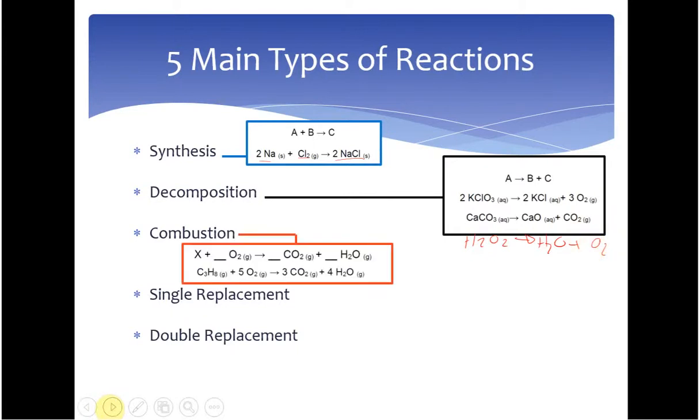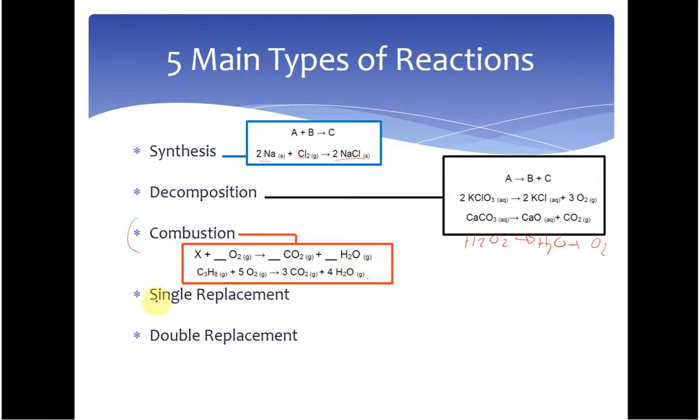Combustion is going to take some organic or carbon-containing compound and react it with oxygen, usually in the presence of a flame, to produce carbon dioxide and water vapor. Again, production of a gas is usually consistent with combustion. Here, this is propane, so just like in your gas grill, you burn it with oxygen, you make carbon dioxide